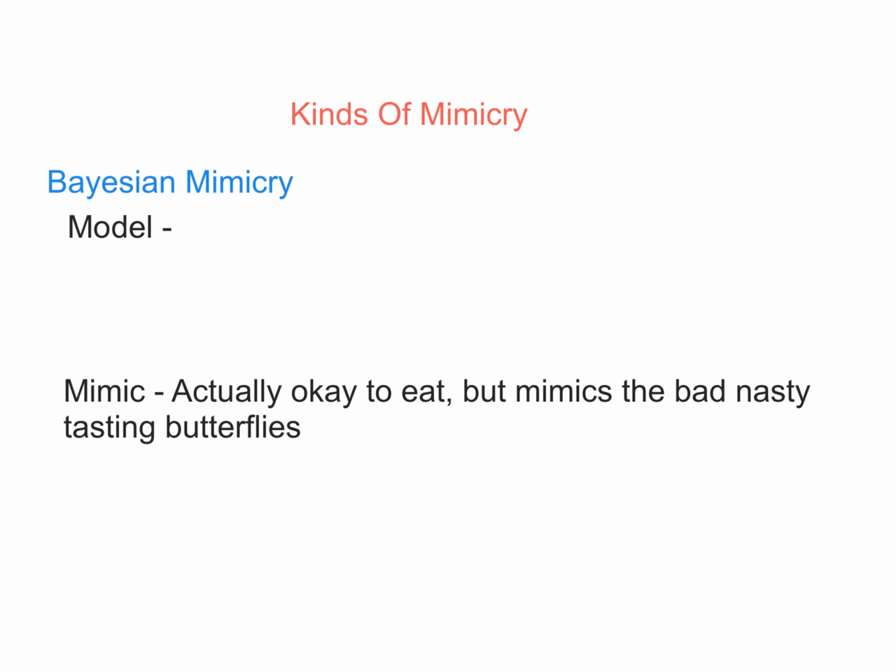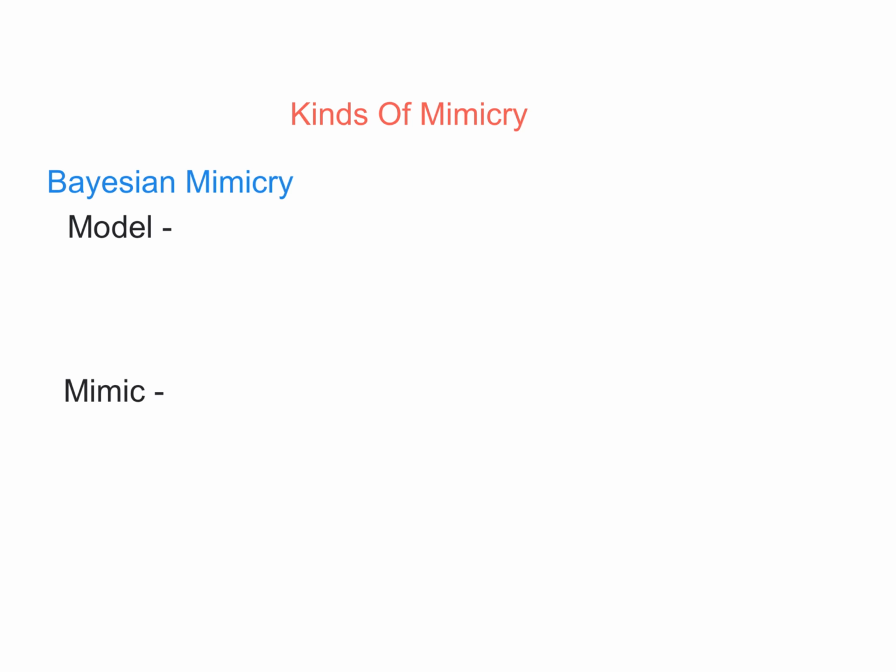Another important thing here is that this is another organism, it's another animal. When we're talking about these butterflies, we're talking about model butterflies and mimic butterflies, and not really individuals within a species. All the individuals of one species are doing one thing, all the individuals of another species are doing something else. Actually, the real classic textbook example of Batesian mimicry involves two butterflies, and one of them is a